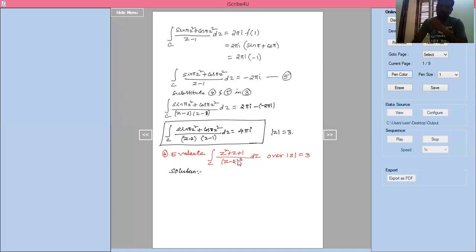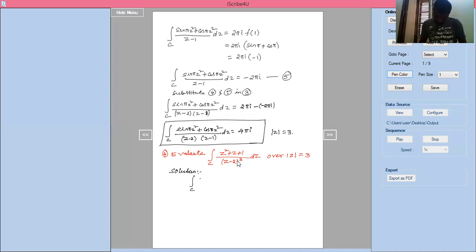In these places, it is not required to do the partial fraction concepts. Directly we can move to the Cauchy generalized integral formula. Whenever the power of z minus a is more than 1, that is, it is not linear, then we can go for this and simplify according to that. So right,